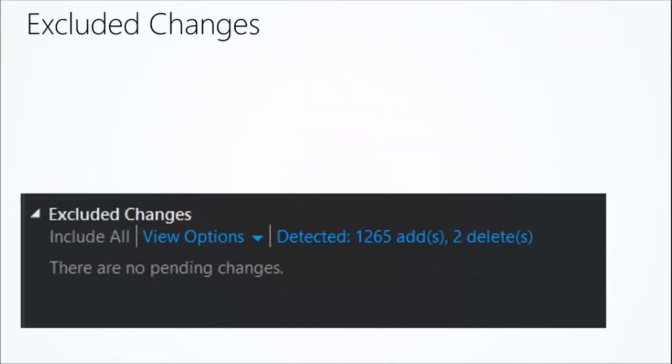The other important thing, excluded changes. You're going to go and you're going to add a bunch of stuff, and it's not going to get picked up like you do on normal projects. You're not adding it to the project file. TFS works really well with standard .NET C# type projects, so it checks that .csproj file. So you're going to see at the bottom when you perform a check-in that there might be detected 1,265 adds and 2 deletes. I'm pretty sure you can imagine what would happen to the project if I forgot to add those 1,265 adds.